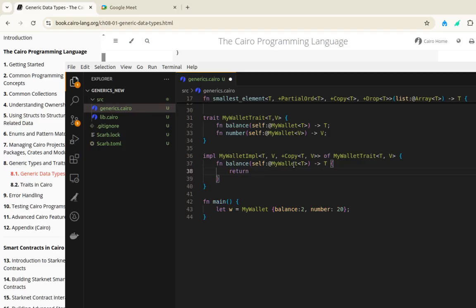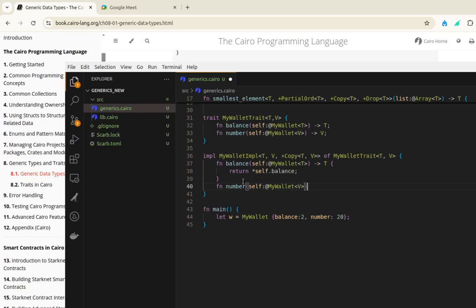So it's returning the balance, and after right here by getting the number, we're benchmarking my wallet in our generic type right here. So in this case it's returning the